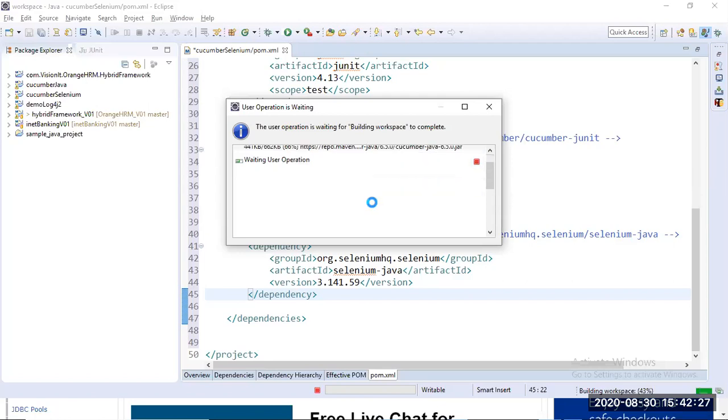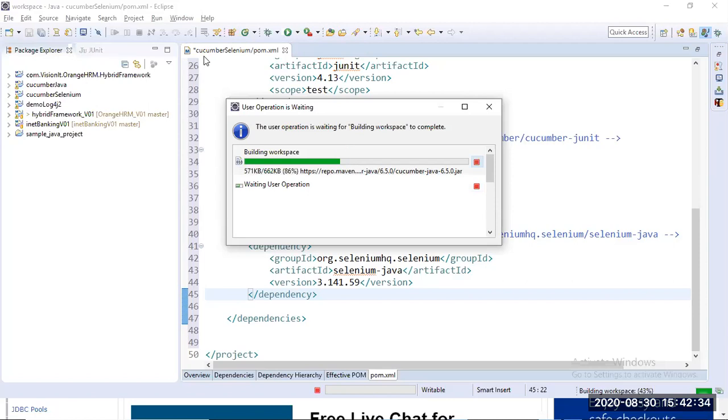What are the two things required? The latest Eclipse must be there and the Maven plugin must be installed from Eclipse marketplace. From where will you install the Maven plugin? We'll go to the Eclipse marketplace, and from there we will install the Maven plugin. So you see, it's building the workspace. It has built 43%. It has to build in the background. Let's wait for it to build. So you get it? How we created the Maven project and how we updated the pom.xml.